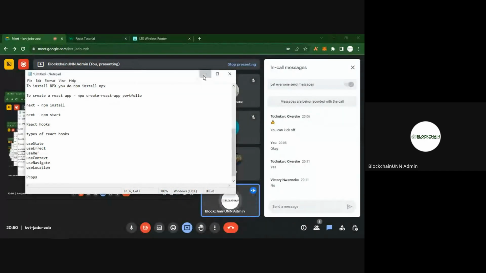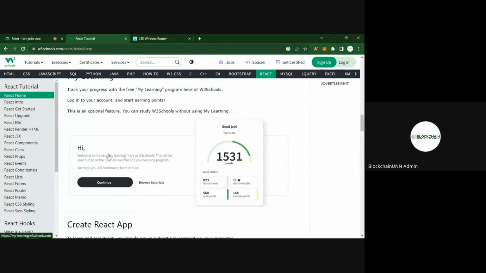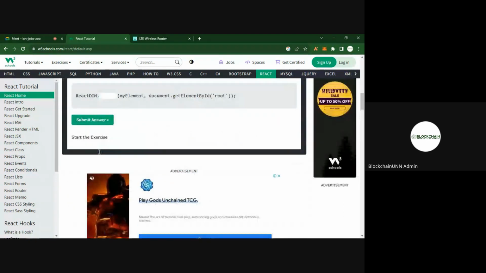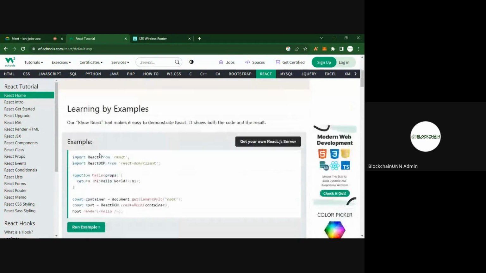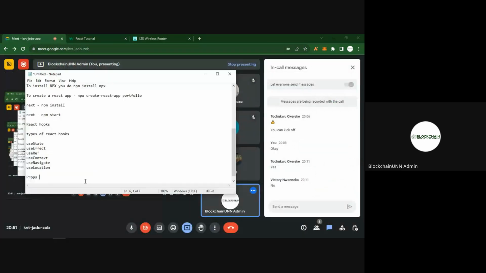So let's take a little look at the W3Schools documentation on React. Now, I don't know how many of us know about ES6 functions. I don't know if you have heard about ES6. This is how an ES6 function looks like. Const, let's say,